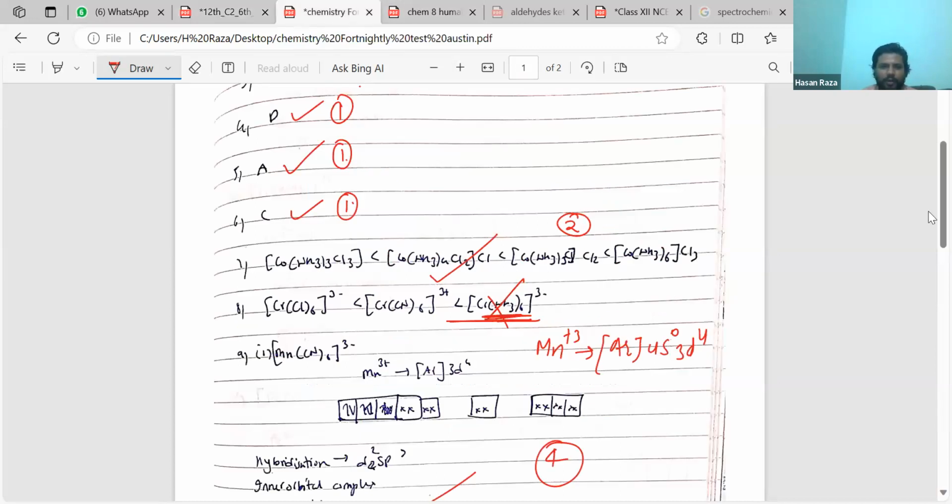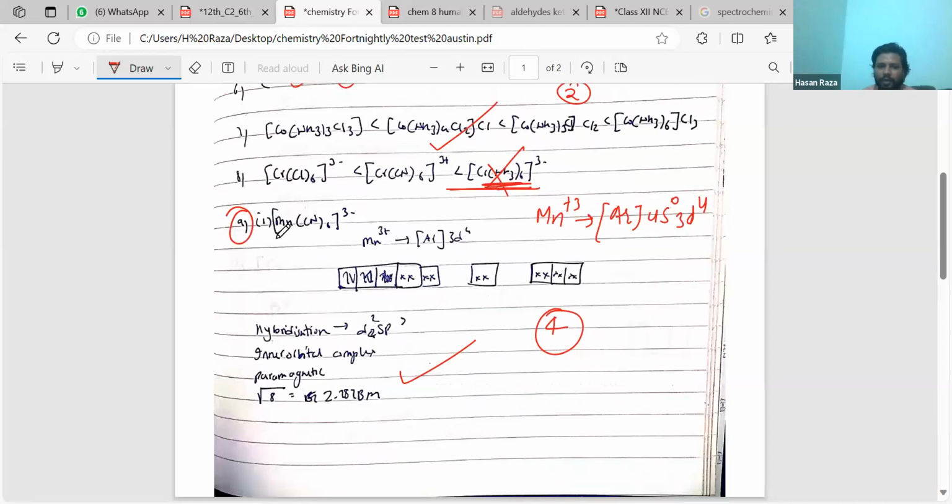And also I didn't like the way both of you have written, directly writing in short form. It is for 5 marks, right? I didn't deduct much marks, but I really didn't get this. Directly you have written. If you are getting it for 5 marks, then you should write the configuration of manganese. Then you should write the configuration of Mn plus 3. Okay. The way I explained, after that you are going to write 3d4 here, and in 4